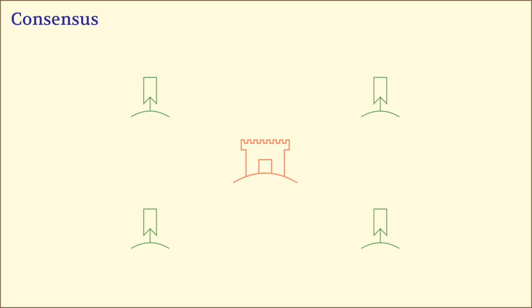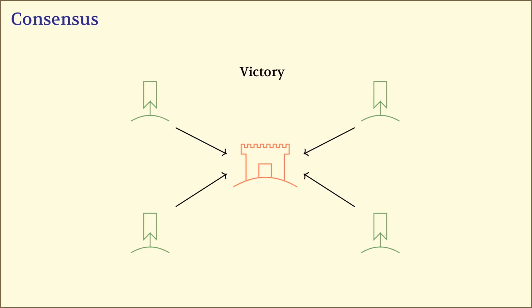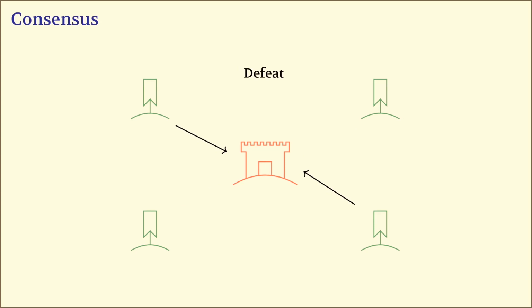You have a city which is being besieged by 4 armies. Each army has its own general. And the core of the problem is to say, well, if these armies attack together, they will conquer the city. If some of them attack without the others, then the defenders will defeat the armies and the city will remain